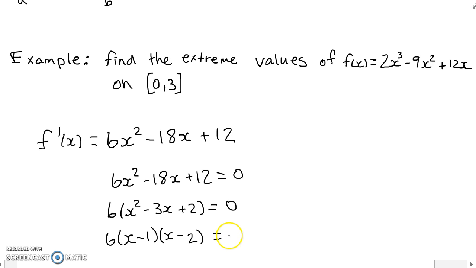Therefore x equals 1 and 2. So after we find